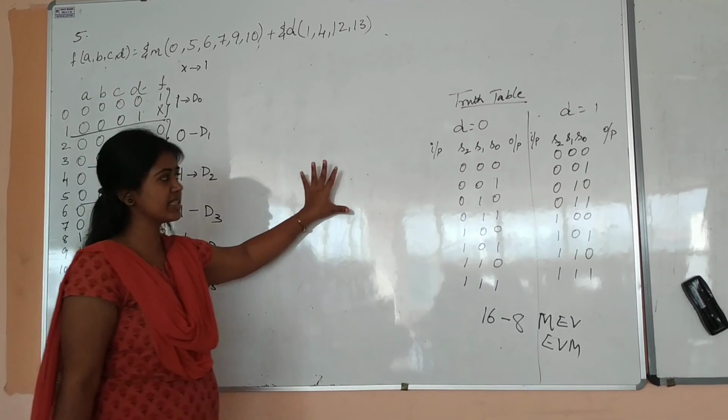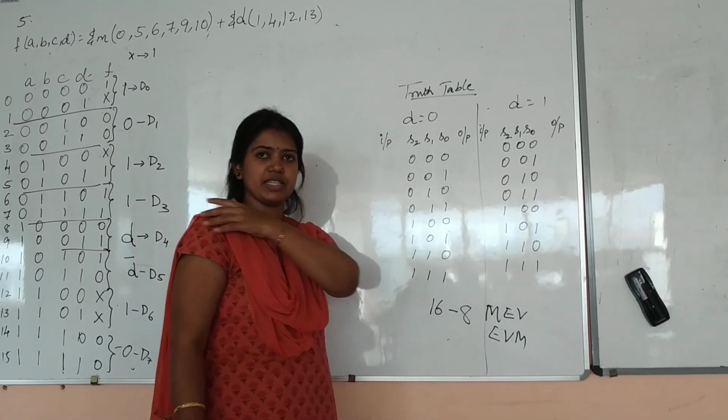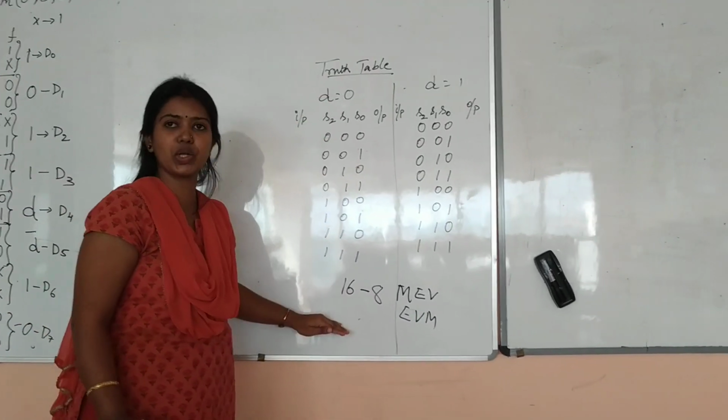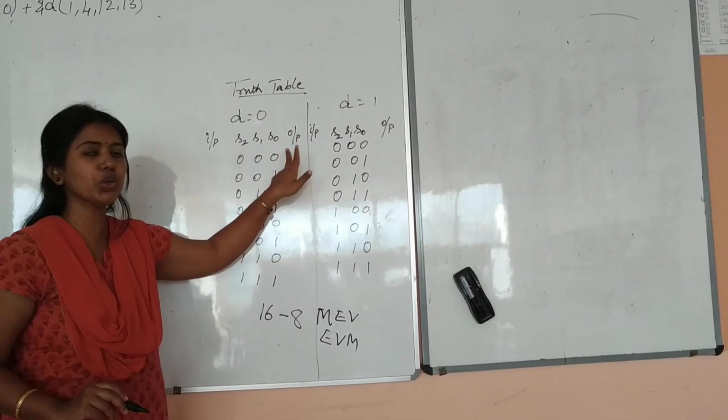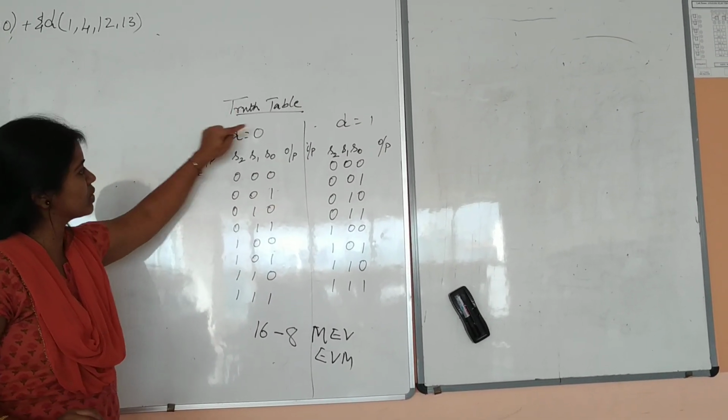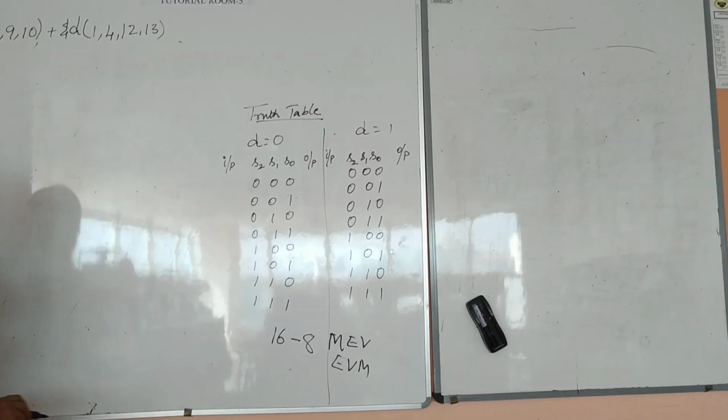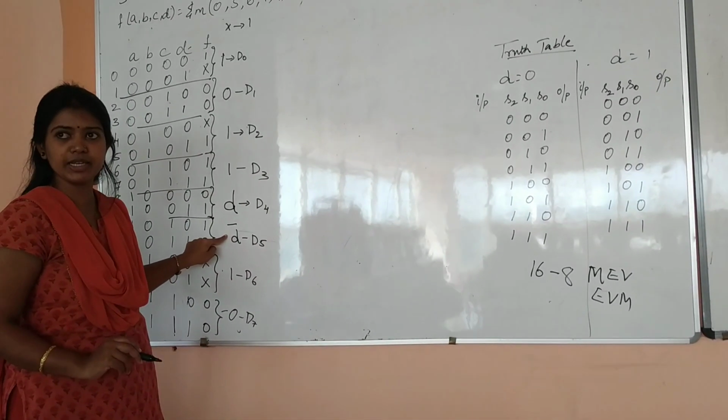Next we need to write the circuit. To write the circuit, let me tell you how to write the truth table first, because you cannot memorize this truth table by heart. What will remain the same in the truth table? We are going to have 2 truth tables, when D is equal to 0 and D is equal to 1. Why? Here we got D as well as D bar. Correct?